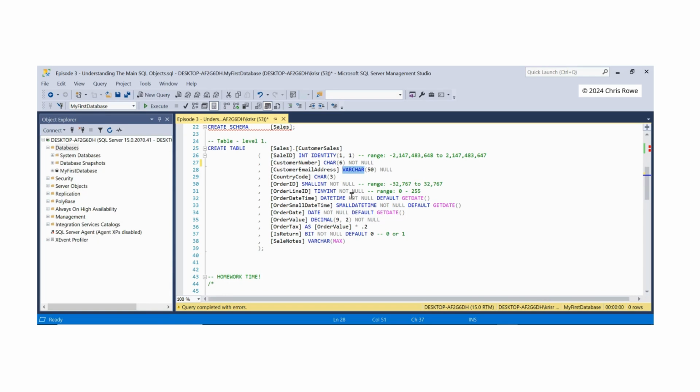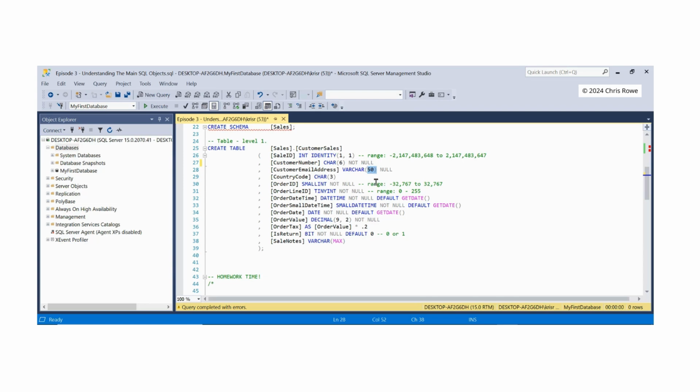type. Now the difference between varchar, which is variable character, and char, the one above, is that we are looking at putting in email addresses which have got a variety of length. You can have an email address which is 20 characters long, 30 characters long, 40 characters long, etc., all the way up to 50. So we use varchar because we just don't know the length of each email address that comes in. They're not a specific length or one length, but they're a variable amount of characters. However, once again, we specify 50,